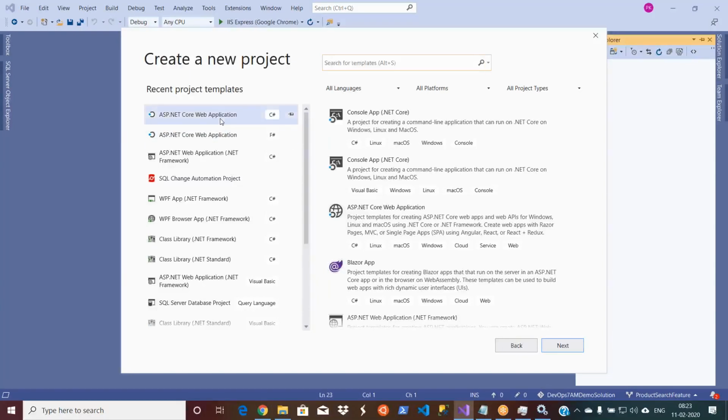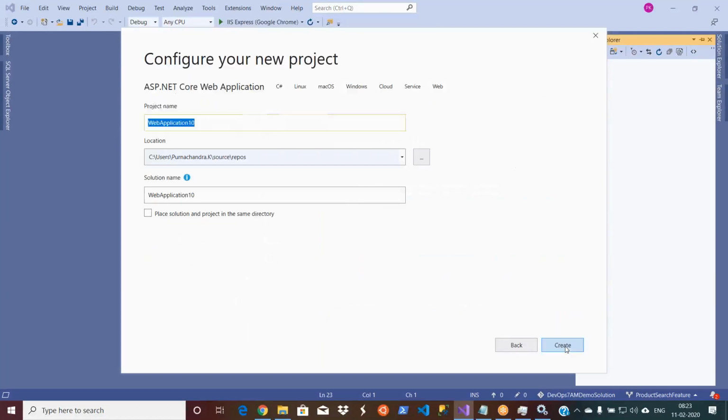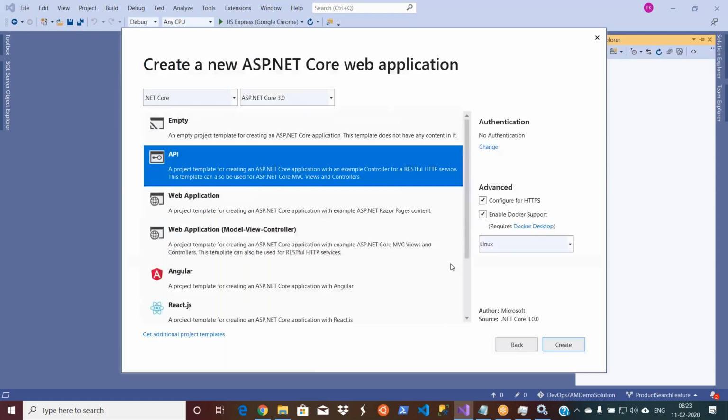So I'm going to create an ASP.NET Core web application, because it supports Linux as well. This is C#, and then say next. Docker demo web API, I just give a name like that. You can give any name and then create. So basically, right now people are mostly using Docker for the APIs. Of course, some people are now deploying web applications into Docker and Kubernetes as well. But it depends. Your process is the same.